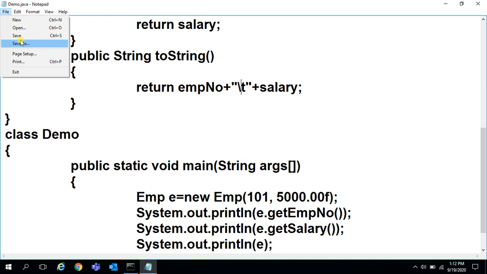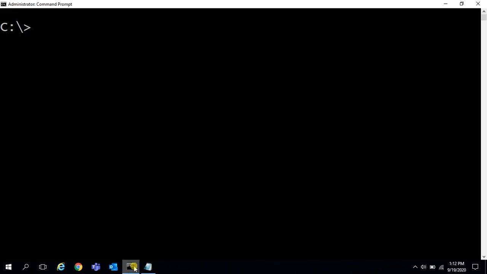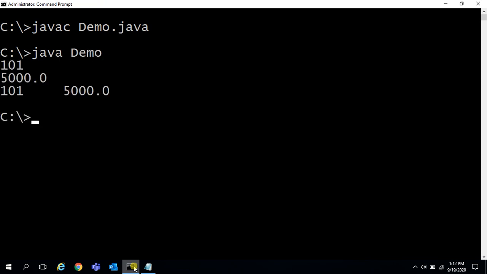See, file, save. I'll compile this program: javac Demo.java. Compilation success. Execution: java Demo. See, employee number 101, employee salary 5000, and here the string representation of the object data, 101 5000.